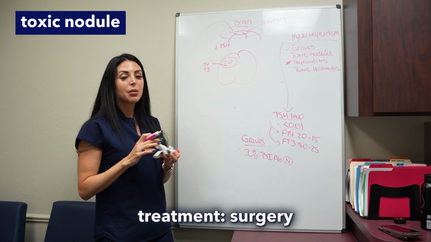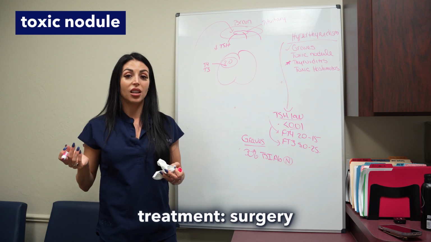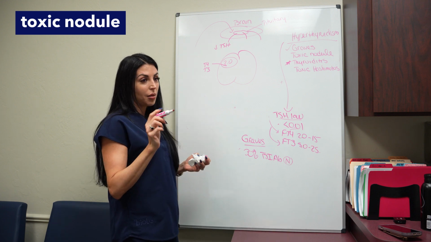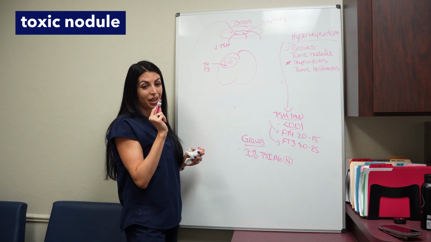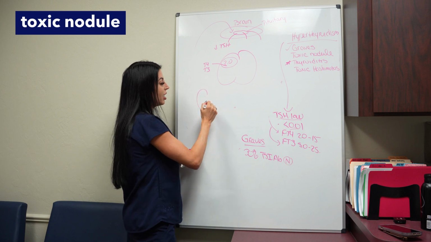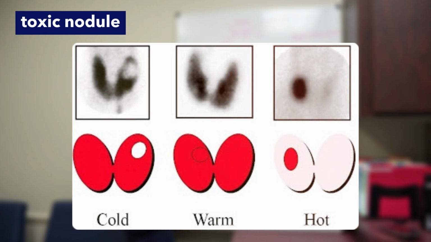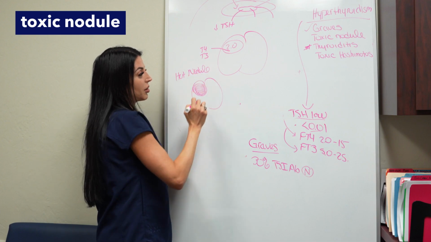You're not gonna give these people medication like Graves. You're not just gonna let them sit because the nodule's still gonna stay there. And when you do a thyroid uptake and scan in these people, so when you give them that iodine that we talked about, right? Wherever that nodule is what's gonna light up like a Christmas tree. So if they have just one area of uptake in their thyroid, and you know they have a thyroid nodule there, this is gonna be a hot nodule. And then again, you're gonna surgically remove this.